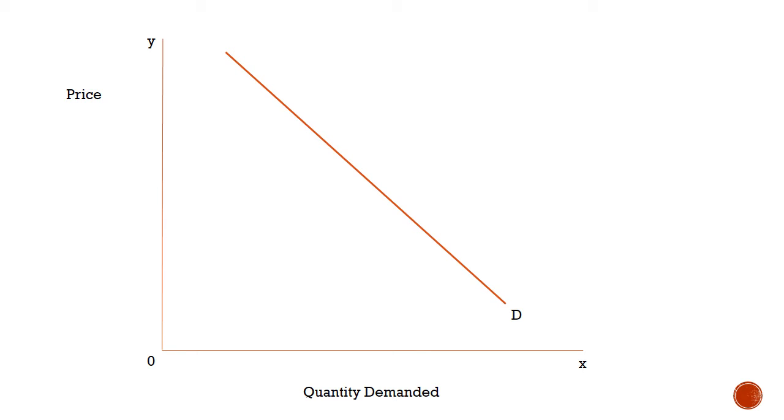So the first step is to draw a simple demand curve with price on the y-axis and quantity demanded taken on the x-axis. Then I have marked a point on the demand curve, any point you can take, and from this point I have joined it to the x-axis as well as the y-axis. On the x-axis I have taken quantity demanded as 30 units and the price as 3 rupees.